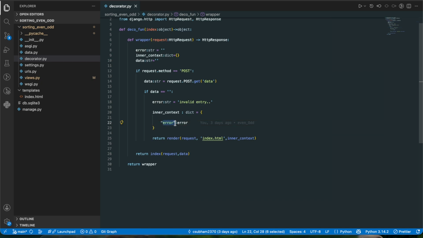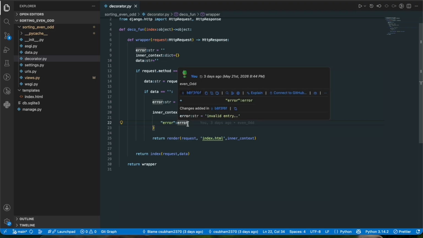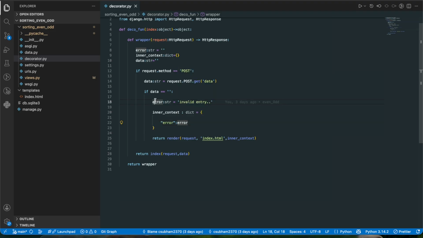Suppose error as a key and colon, and we write the value error. Actually here we pass that string, invalid entry, for if the user writes nothing and then submits. Okay, then